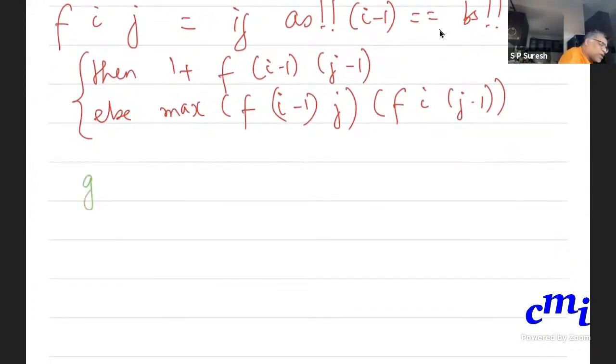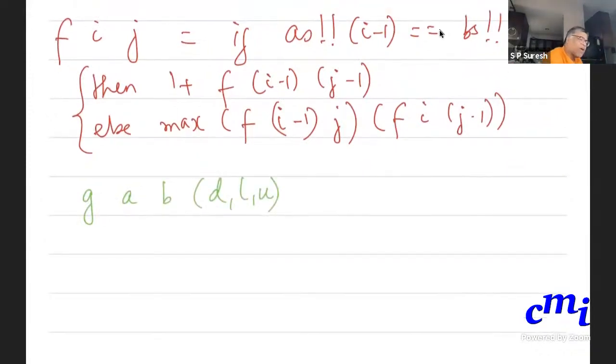is I'll first assume that there is a function g of a, b, d, u, l. Remember what I have: a is at I minus 1, b is at j minus 1. Those are two letters. Then I have three values: f of I minus 1, j minus 1; f of I minus 1, j; f of I, j minus 1.